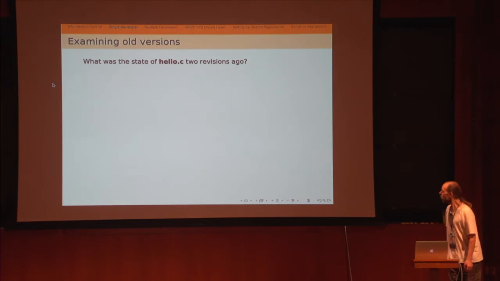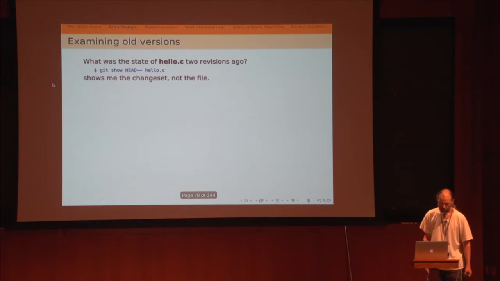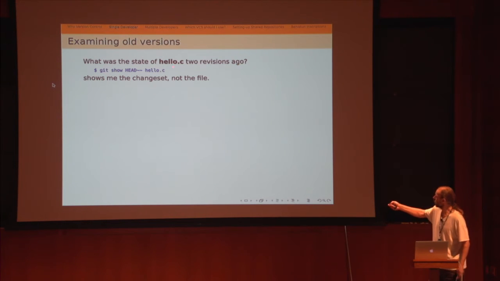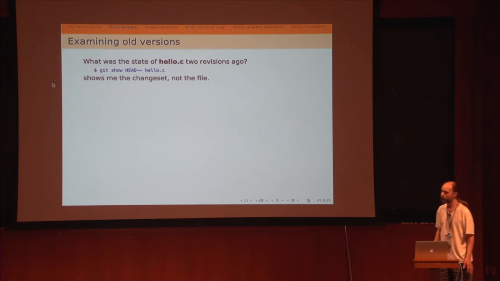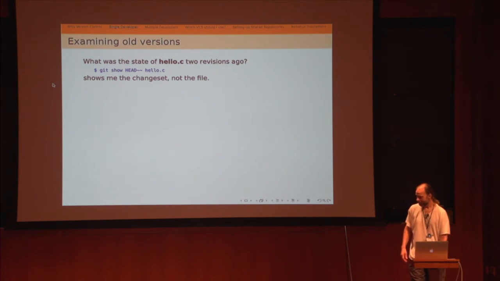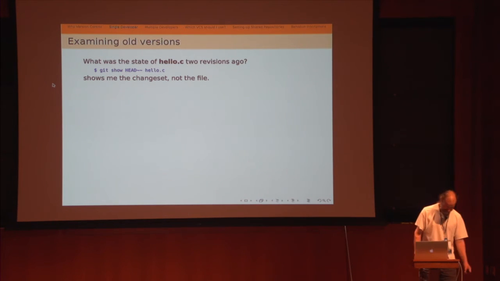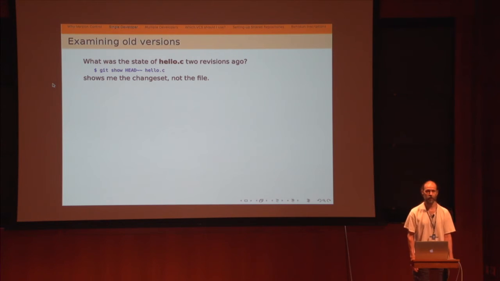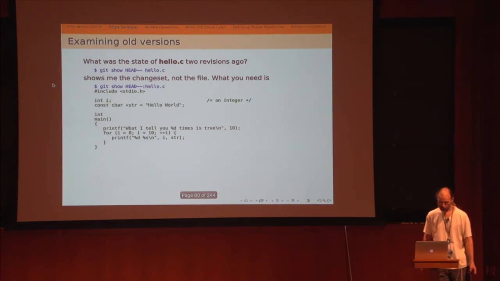Okay, so what was the state of hello.c 2 revisions ago? Well, I can get that. That's the magic command. Totally obscure. It is not in the least obvious why that should be the correct command. I'm sorry, that's the correct command. That's like saying, why is a knight in shining armor spelt K-N-I-G-H-T? Well, it's because it was chnicht in Old English, but that really doesn't help you very much. It's just the way it is. Okay.